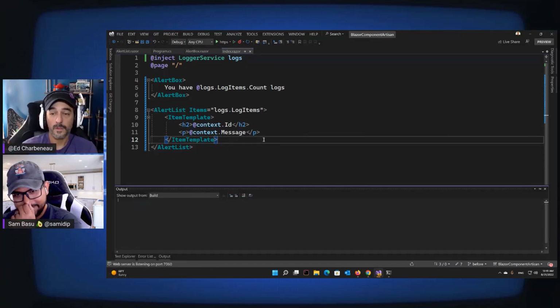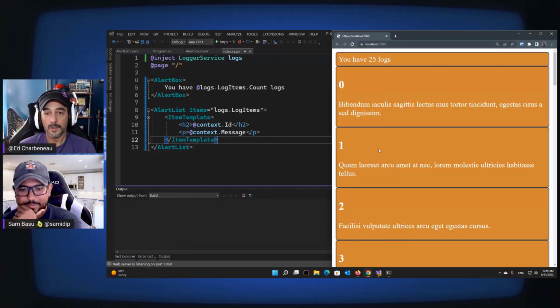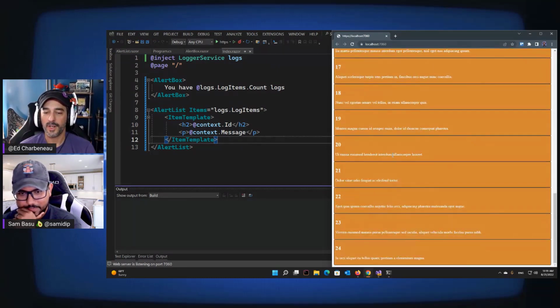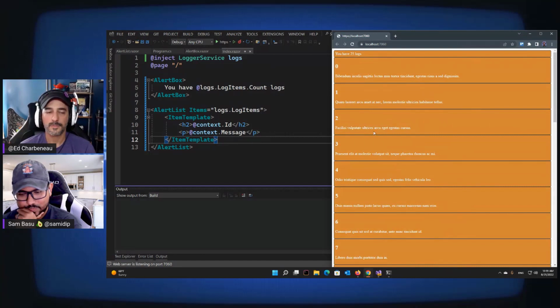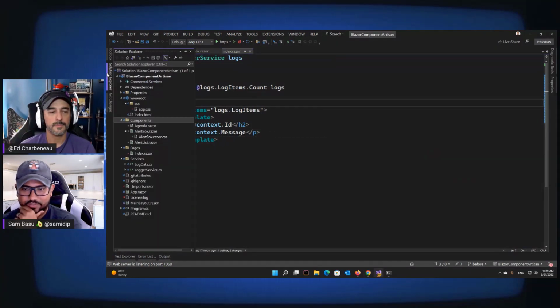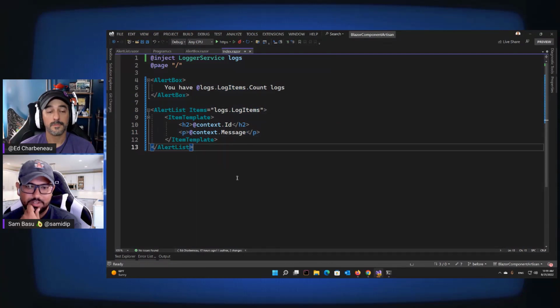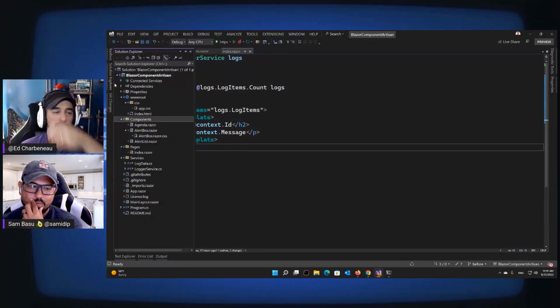So I get all of this, but yeah, it's nice. So there's all of your items there. Did you have to do the T though? Like what if you just had a strongly typed component? You can create a strongly typed component. So what I generally do, and you'll see this if you check out the Manning Live project, is I